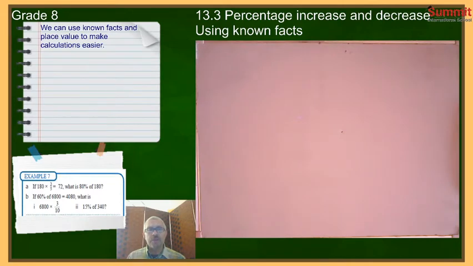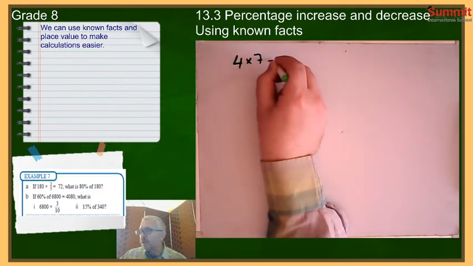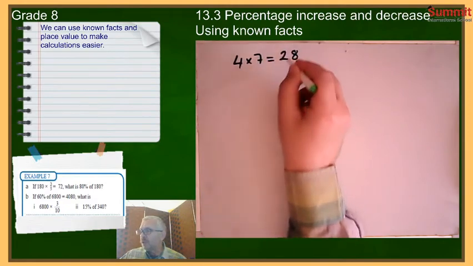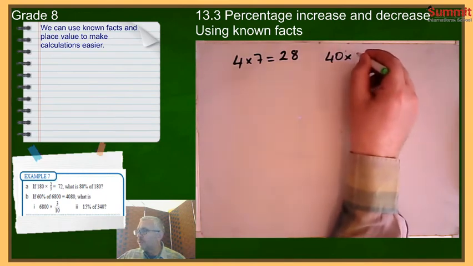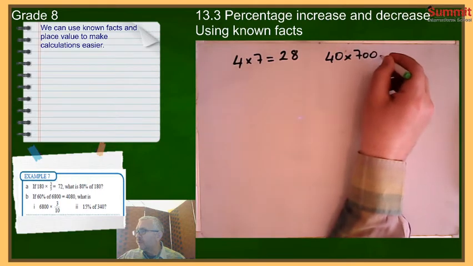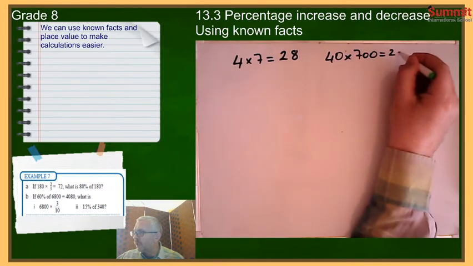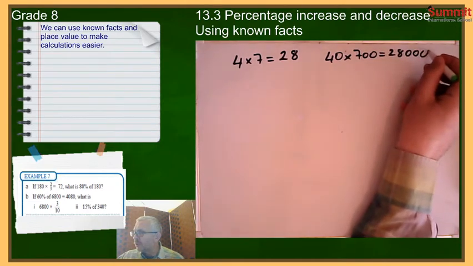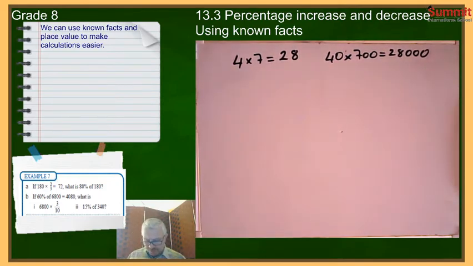Now for this one, let me give you an example. What does it mean, or how are we going to use the known facts? We know this one: 4 multiplied by 7 is equal to 28. Now if we multiply 40 by 700, what will be the result? Here we multiply 4 by 7, it will be 28, and put 3 zeros. I use this to find the result. Now like this one, let's start to solve the example.